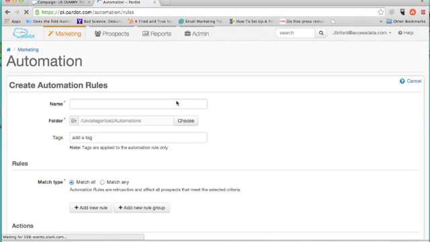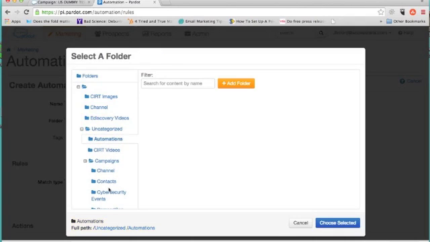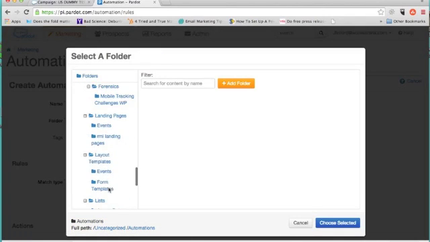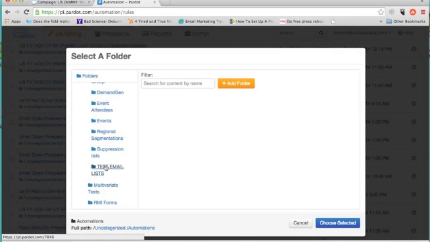I again like to name it the same exact name as the campaign in Salesforce for easy lookup. So I'll put it in a folder that makes sense. We'll put this one in here